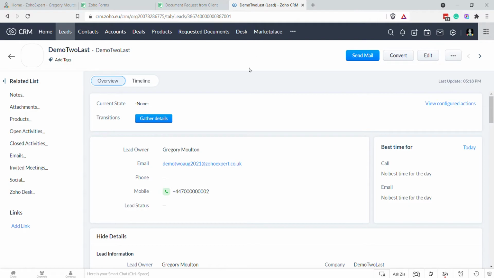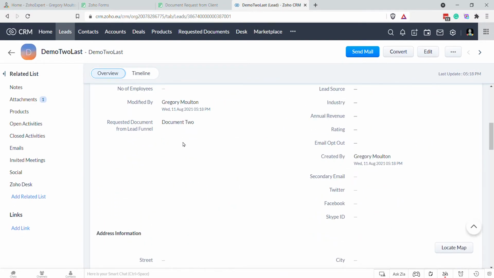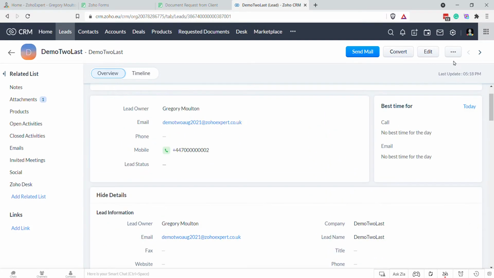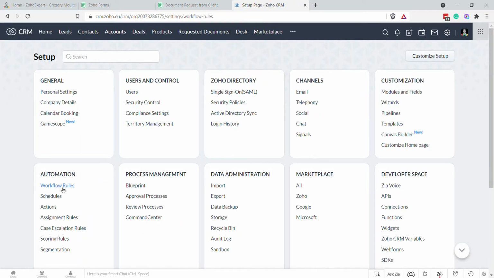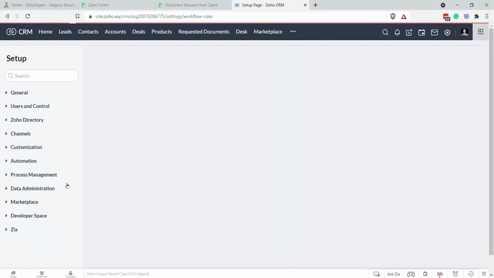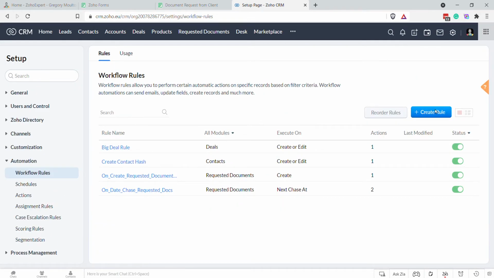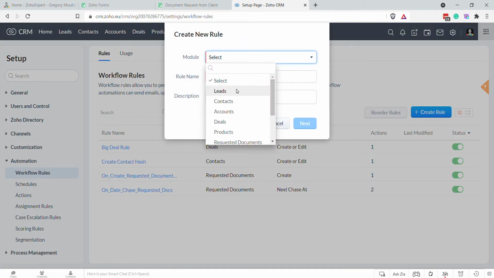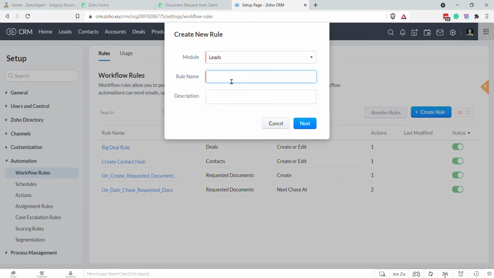There we go. So now the lead has been created on our system here, and we can see that they've requested document 2. So what we want to do is create a workflow rule that says when a lead is created and they have the document type, we want to send them a document. So we're going to say on